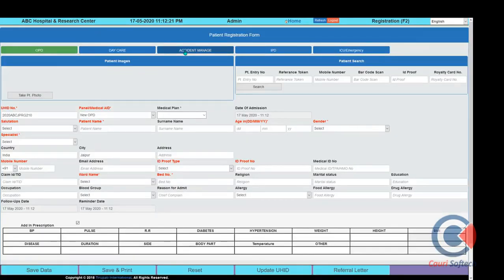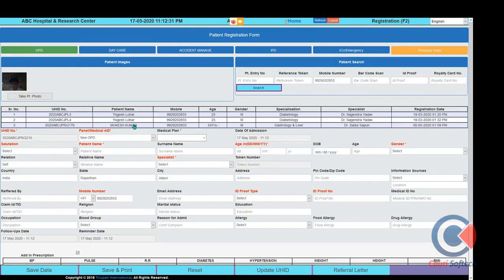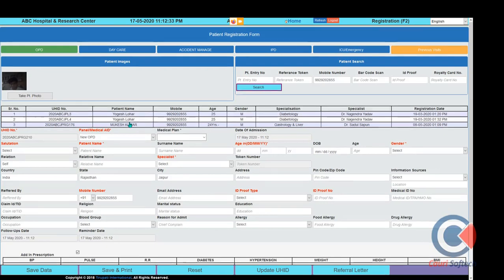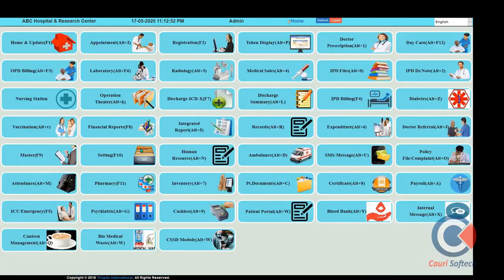So this is the reception task. You can maintain previous patient data searching. Let me show you one more searching option. You can see here, if you search any mobile number, the different family members registered with that mobile number will be reflected. You can click on the patient name. The data will be automatically fetched to the respective fields, and you can perform a follow-up visit, revisit, and all the details you can see here. So this is maintained through the reception desk.